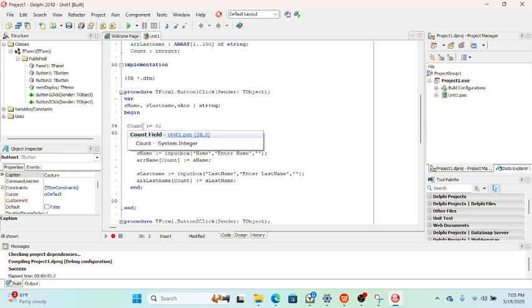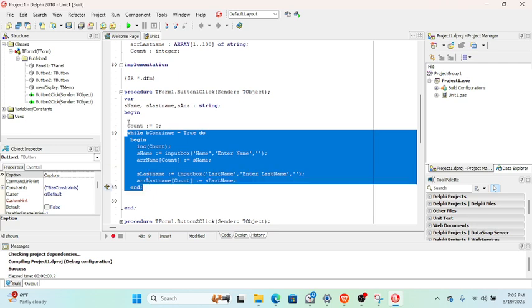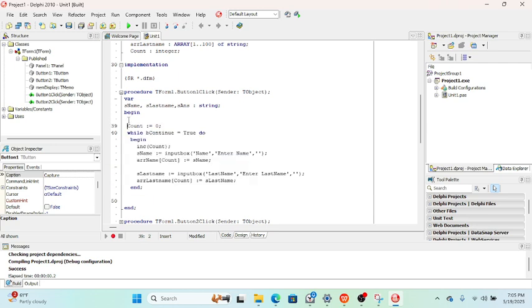Program will come here, it will initialize count to 0 while bContinue equals true. Is bContinue equal to true? Remember, bContinue is a variable that can be either true or false. Have we given it a value? No. So this while loop won't run. That's a problem. So I'm going to give bContinue an initial value